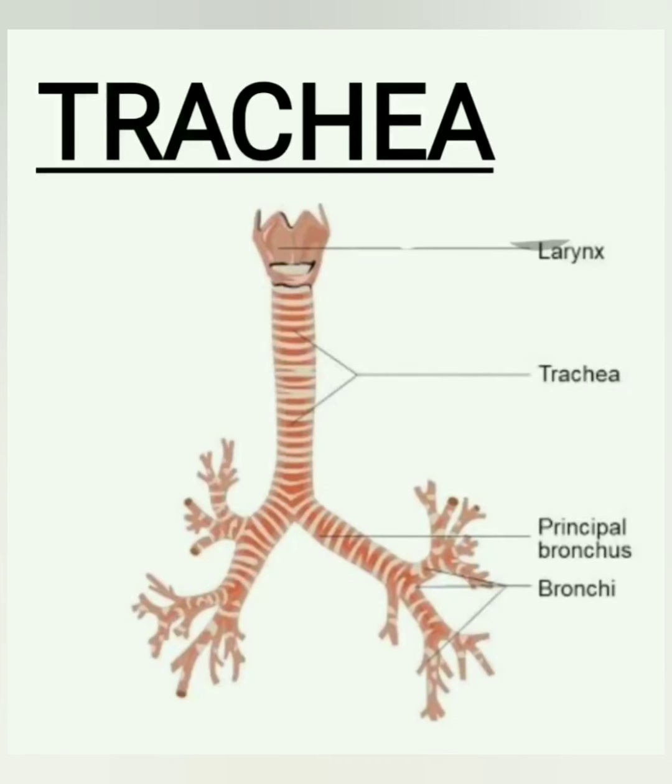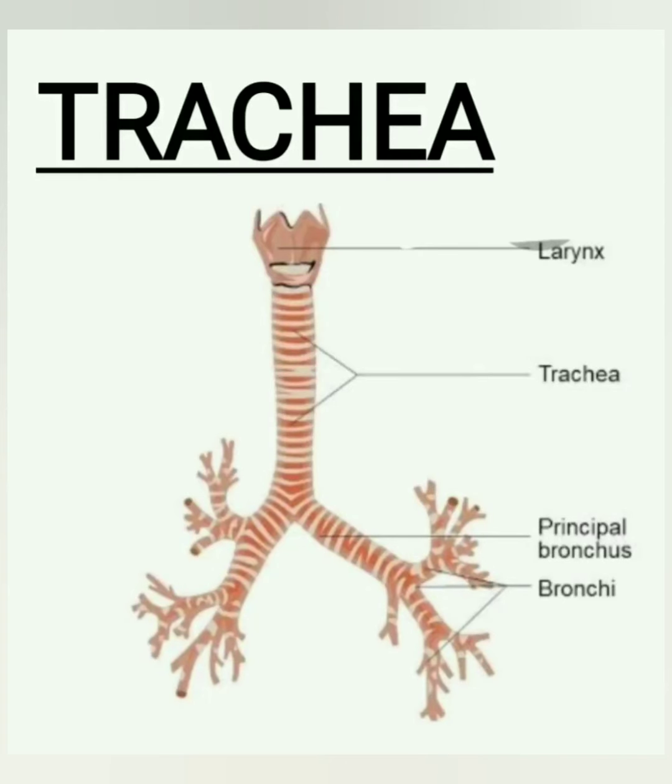The trachea extends from the lower border of the cricoid cartilage, or at the level of C6, that is the sixth cervical vertebra, to the upper border of the fifth thoracic vertebra, where it divides into right and left bronchi. Talking about its mobility, the upper end moves with the larynx and the lower end moves with the respiration. It so happens that during deep inspiration, the tracheal bifurcation may descend or move down to the level of the